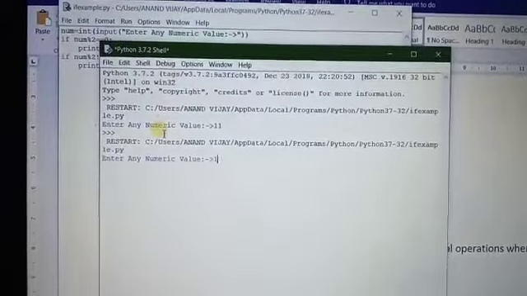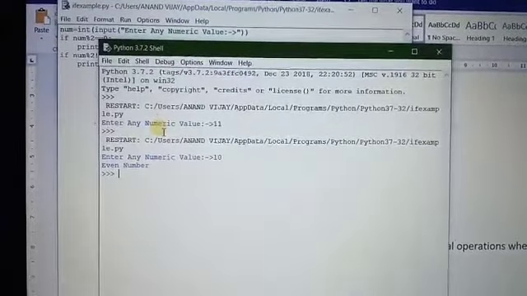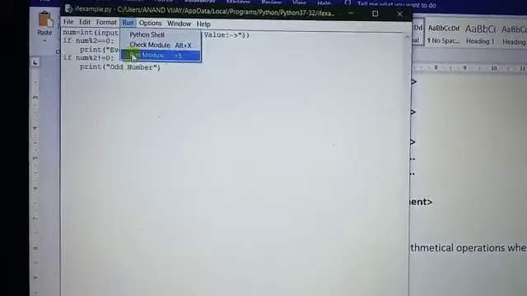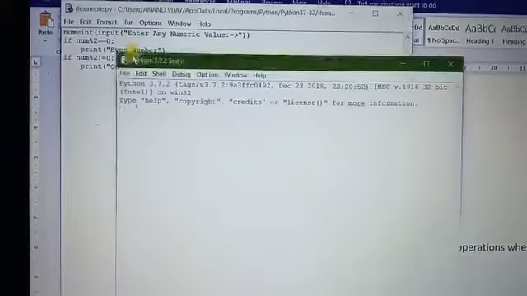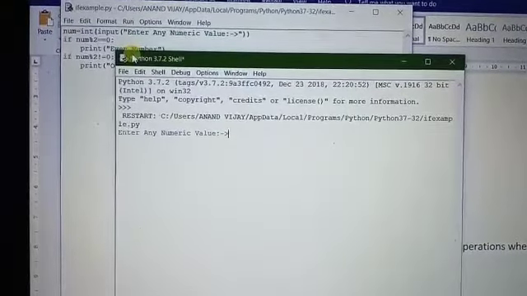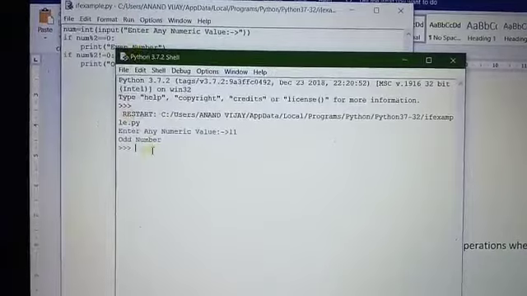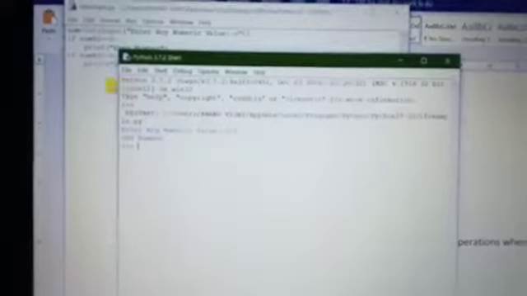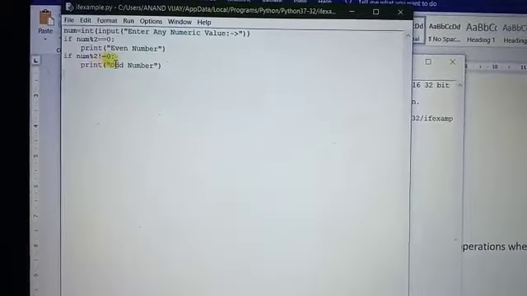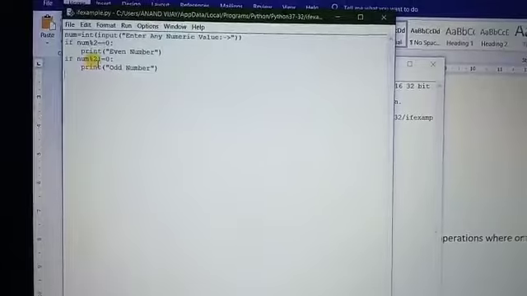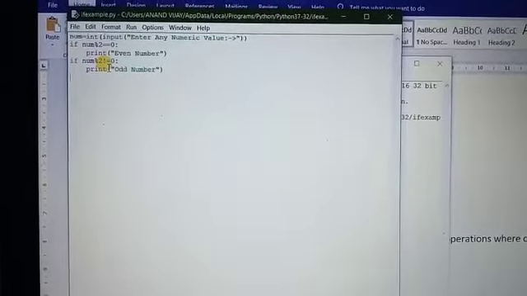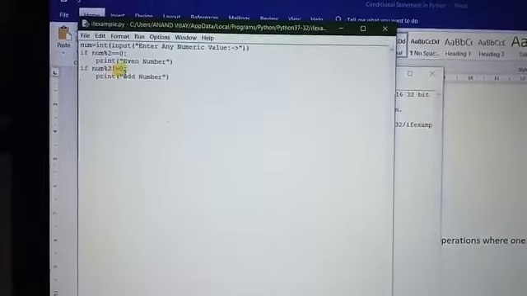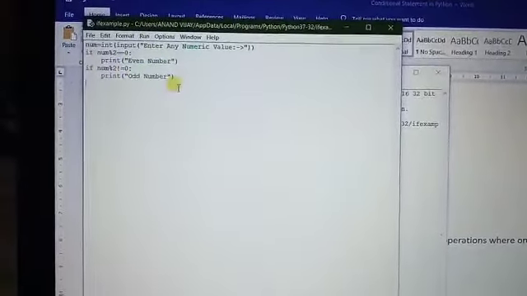I have given the value 10, and it prints the even number. Again going to the run option and clicking on run module, and entering 11. Now it is an odd number because I have also mentioned the logic here for if num mod 2 is not equal to 0. In that case 11 mod 2, the remainder is not equal to 0. 11 mod 2, the output is 1. 1 is not equal to 0, the condition evaluates true and it produces the odd number.